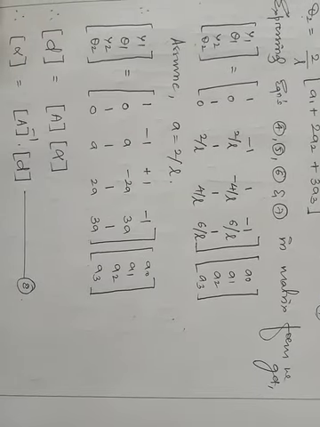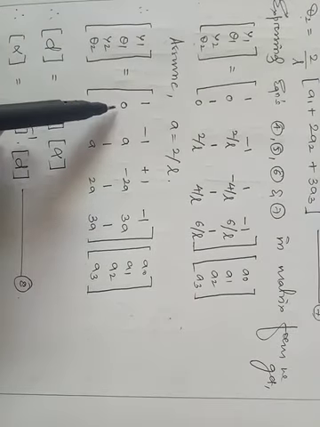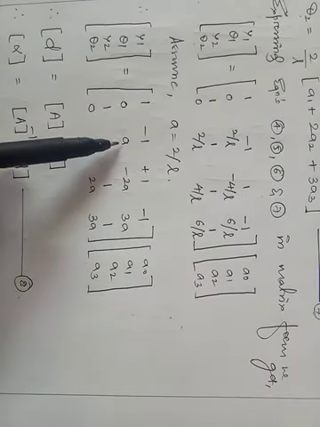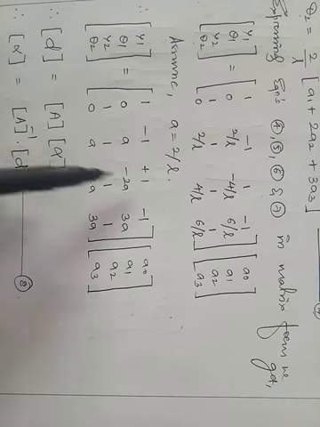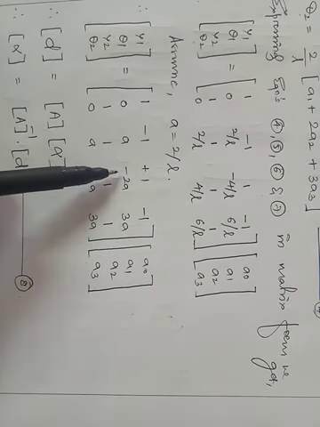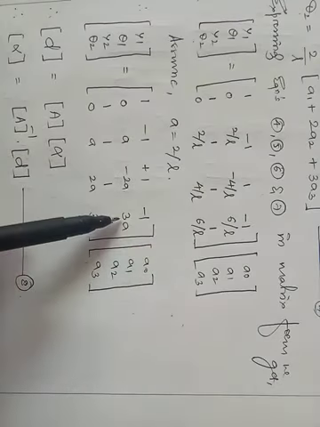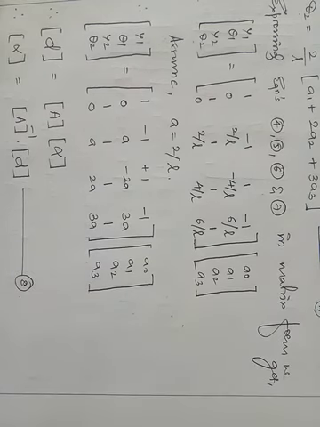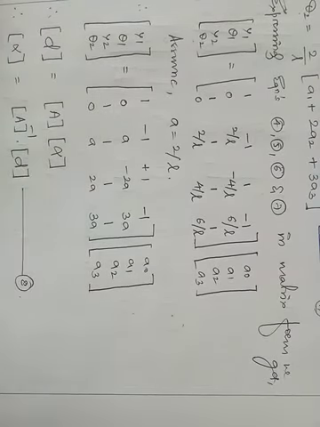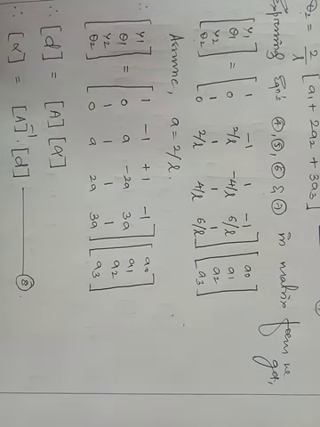So the next step will be 1 0 1 0 minus 1. I have assumed 2 by L as a, so it becomes a, 1, a. Wherever there is 4 by L, it becomes 2a. You are having a negative sign, so you are having minus 2a, right? So here it is 6 by L, so it becomes 3a. So the remaining elements remain the same. So now these y1, theta 1, y2 and theta 2, I call these displacements. It may be rotary displacement or it may be vertical displacement. In general I call it a displacement matrix, so I am denoting it by small d.